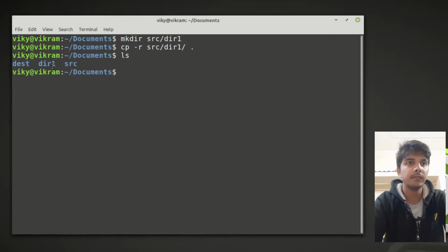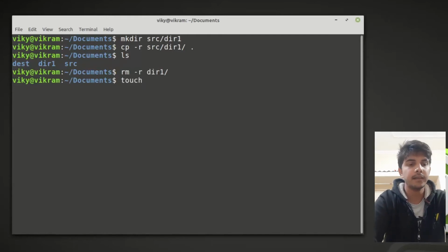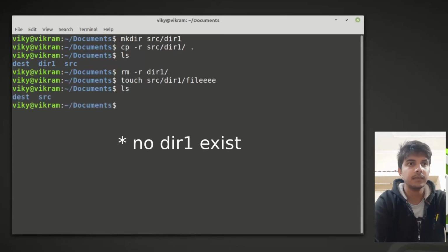Note that if there are any other contents in the source directory, those contents will also be present in dir1. For example, let me remove this directory from here, dir1, and create a file inside source, inside dir1, with the name, let's say, filee. Now if you see, currently this is empty.